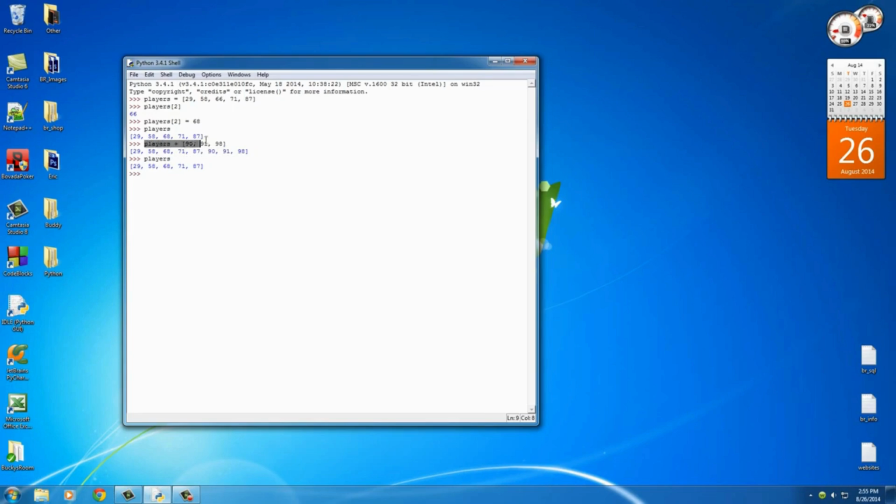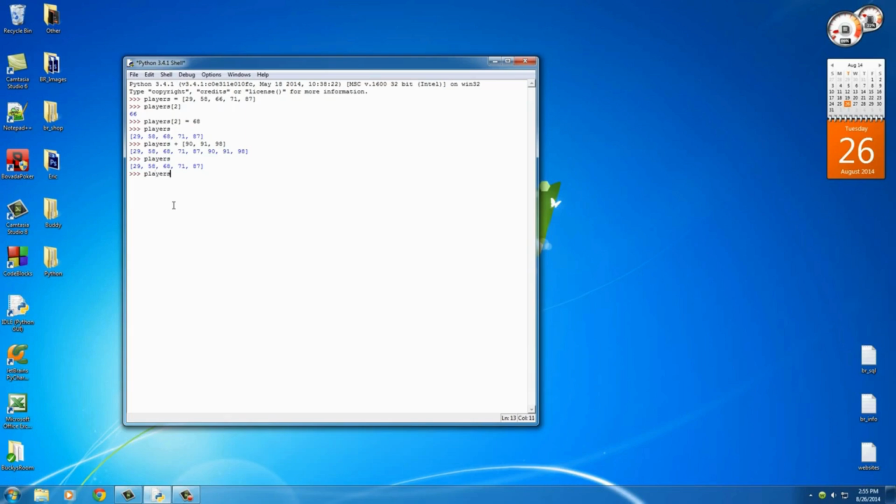So what you could actually do is set this entire statement equal to a new variable, like new players or something, and use that variable. But just remember that this statement itself doesn't change this original list. Now there are going to be some times where we do want to change the list permanently and add items on there that is going to affect the list itself. So in order to add items permanently,